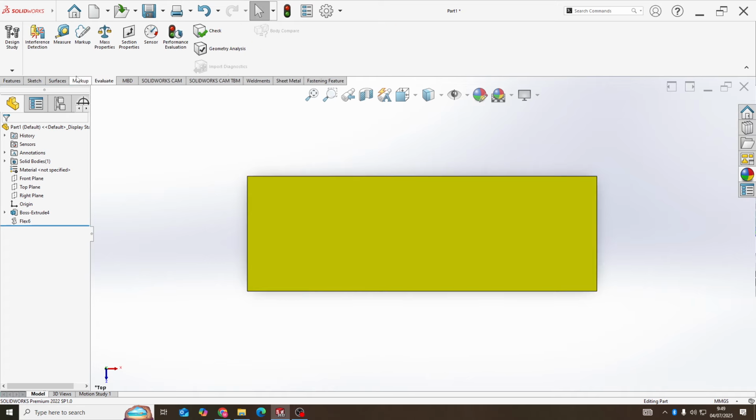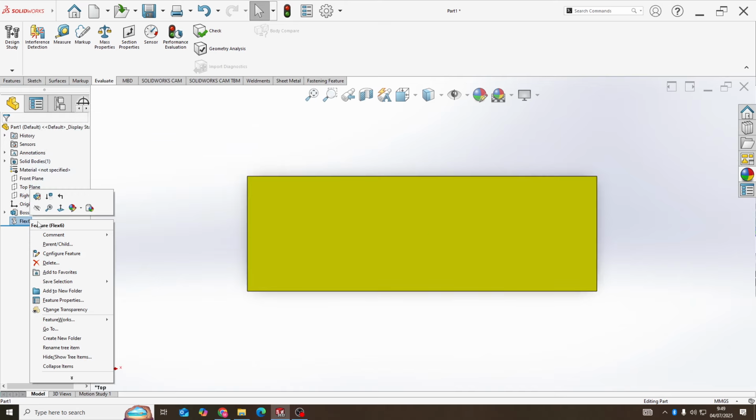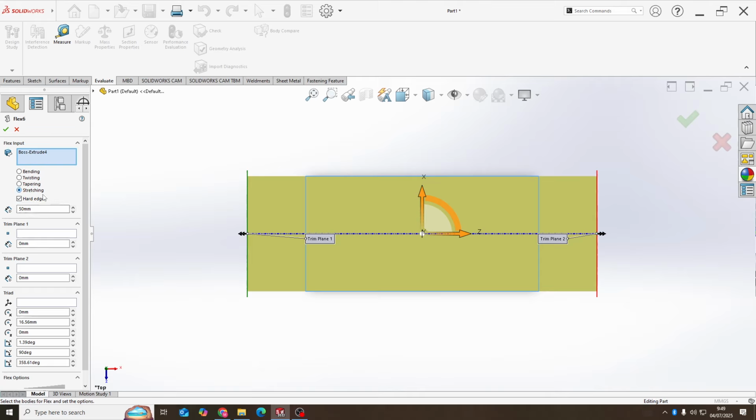You can use evaluate to measure and click this edge. Now the length becomes 150 millimeter after applying the flex feature type stretching, so the plate is longer than the original. It's very simple.